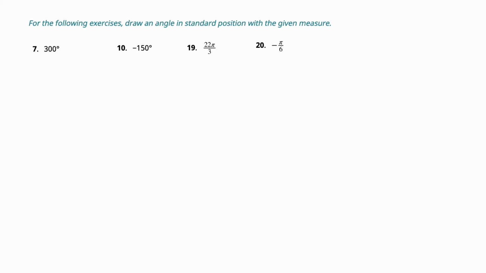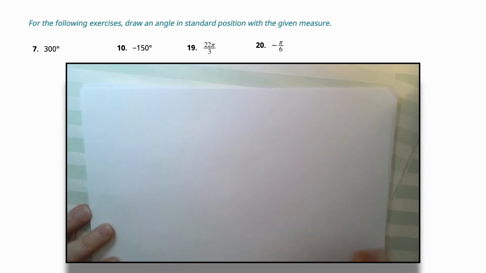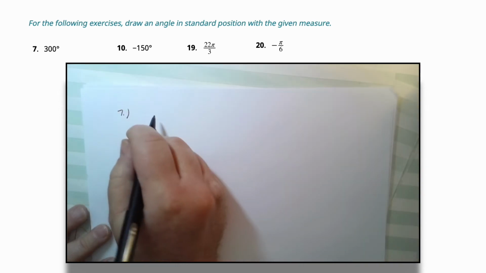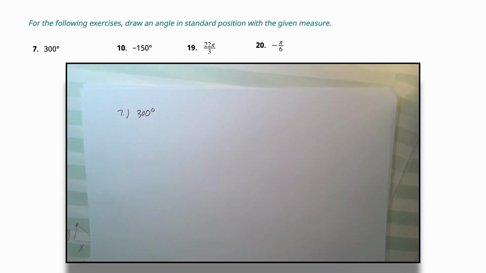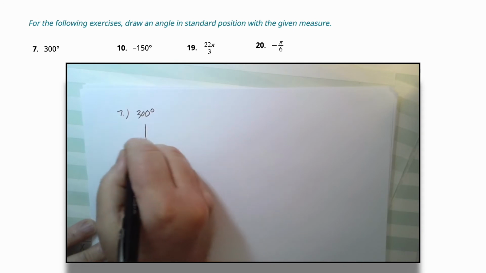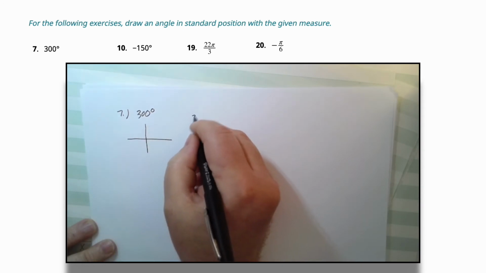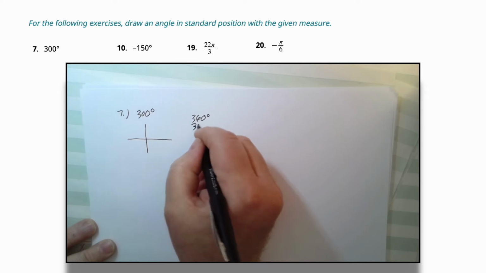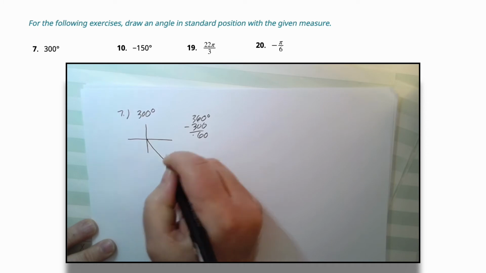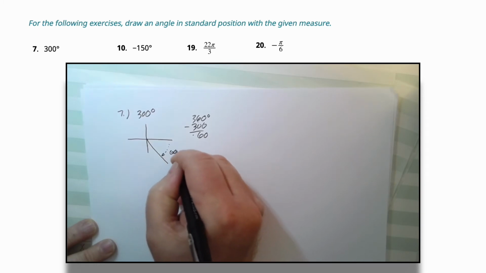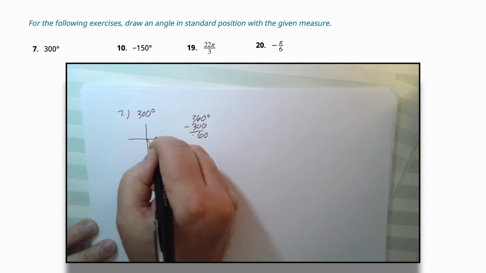All right, for the following exercises, draw angles in standard position with a given measure. So let's do these problems. First one was 300 degrees. We want to draw in a rotation. This is not one complete rotation around. Take 360 degrees as one rotation, subtract 300 from that, and that's 60 degrees shy, which would be right like that. So our 300 degrees would be